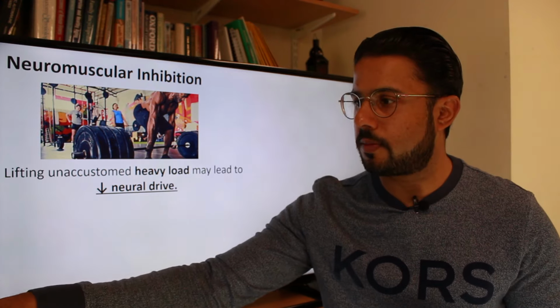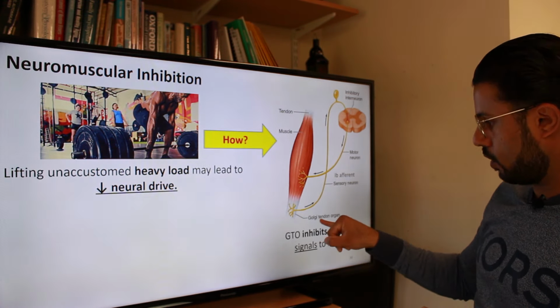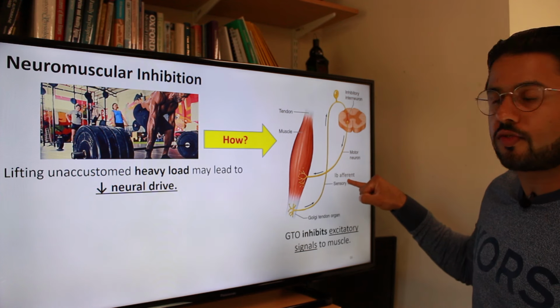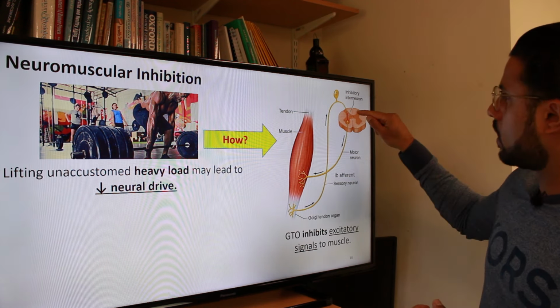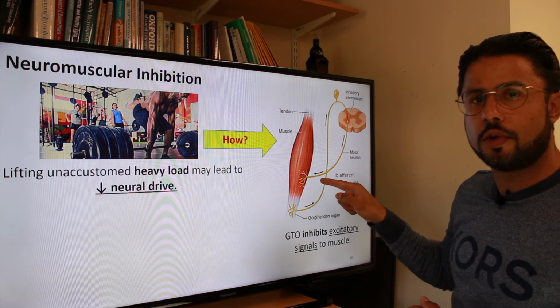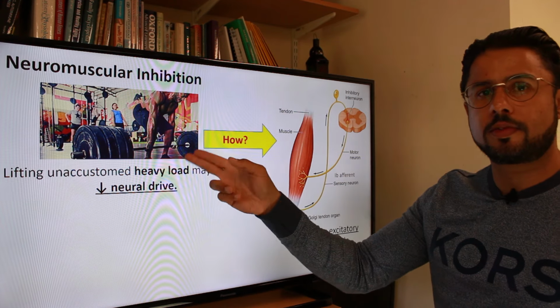Because in our tendons, we have something called the Golgi tendon organ, which I've abbreviated here as GTO. So every tendon has these receptors, and essentially when I lift something which is way beyond my capability, the Golgi tendon organ is going to send, via the IB afferent sensory neuron, a signal to inhibitory interneurons in the spinal cord. Those inhibitory interneurons are going to stop any excitatory signals going to the motor neuron. So the muscle will then stop contracting, and therefore you won't be able to lift that weight.